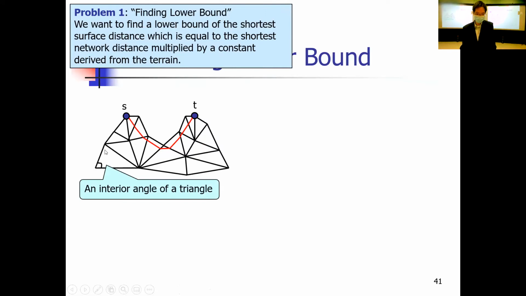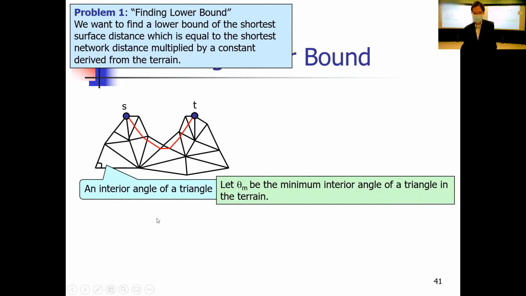Each triangle has 3 angles, which we call interior angles. Suppose we have a notation theta m, which corresponds to the minimum interior angle of a triangle in the terrain, the minimum value. This is the surface distance, denoted by this notation, st, which corresponds to the shortest surface path as we mentioned before.